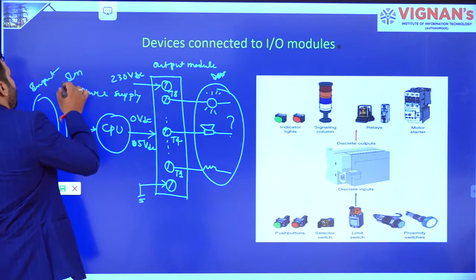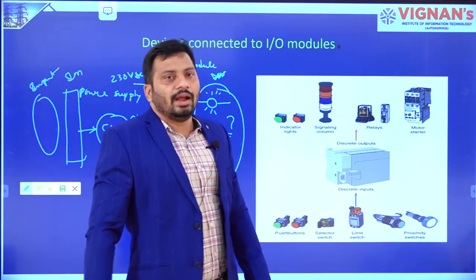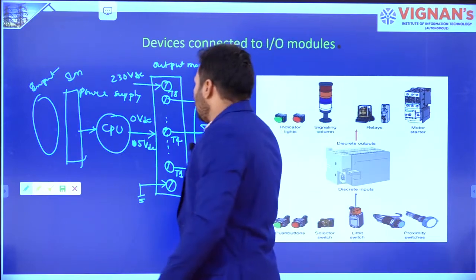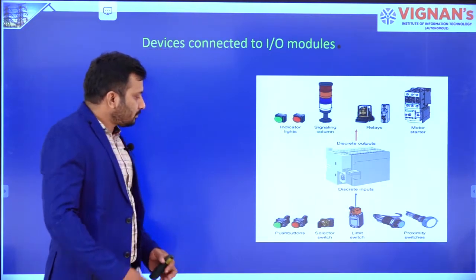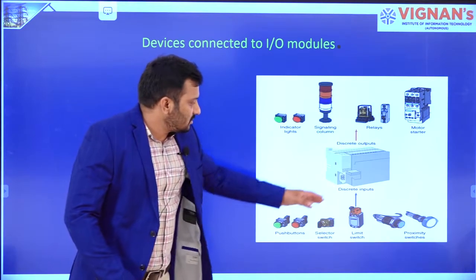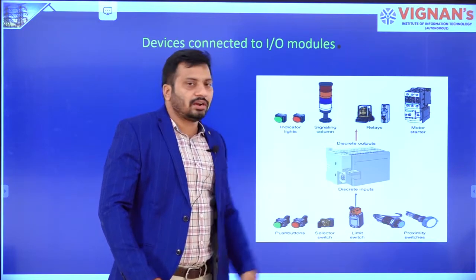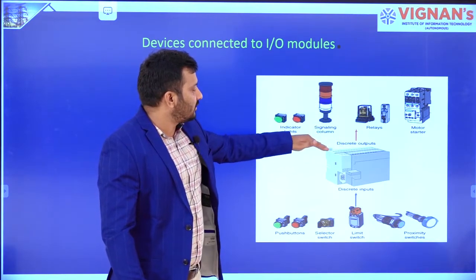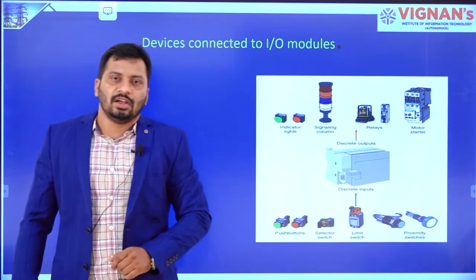In this class we are going to discuss only what devices are connected to the input module and what devices are connected to the output module, right? In this slide you can see different switches acting as inputs to the input module present in this particular PLC, and from the output devices we are going to get signals from the output module present in this PLC module, right?